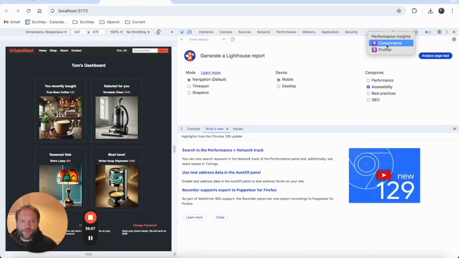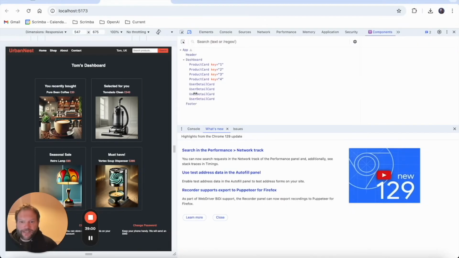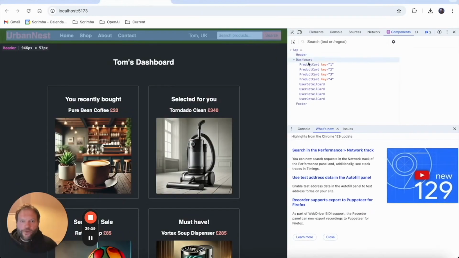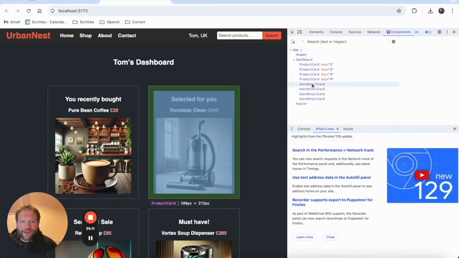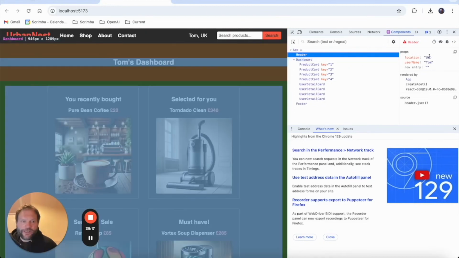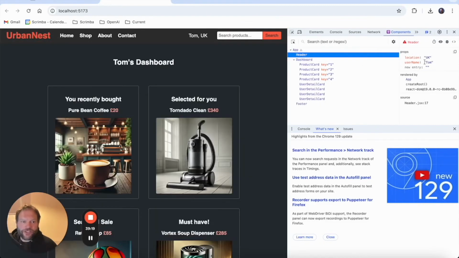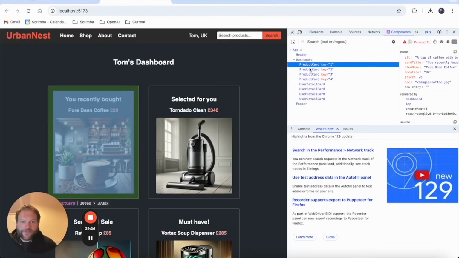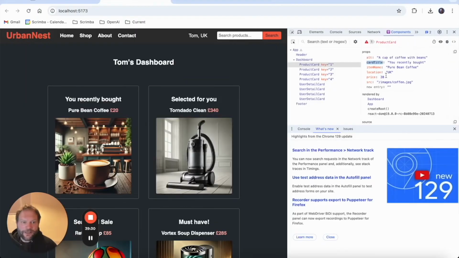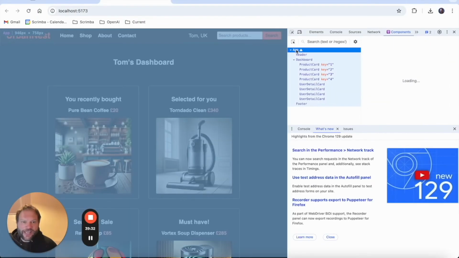Let's just click on Components. And we might just make ourselves a little bit more space so we can actually see our app. So what have we got here? We can actually see the entire React tree. We've got the app, we've got the header. And if we click on one, like I've just clicked on header, we can see the props we've got. We've got location UK, username Tom. If we move on down to the dashboard, we've got our individual product cards. Again, we can see all of our props in here. That is pretty cool. Let's just head up to app.